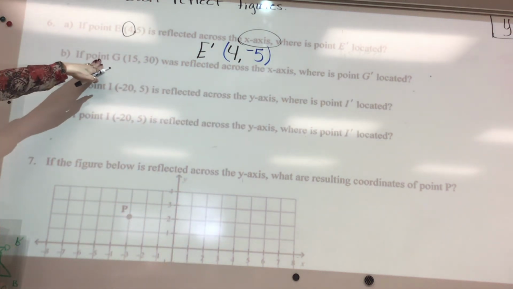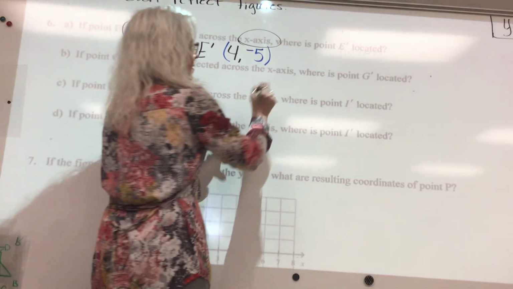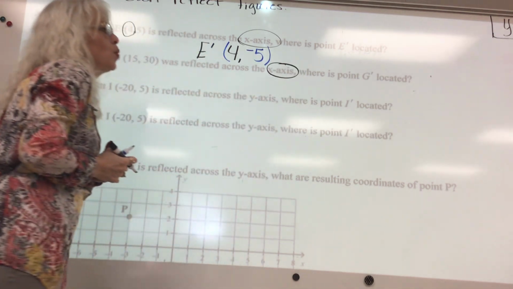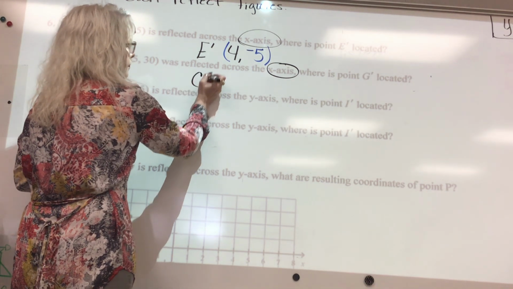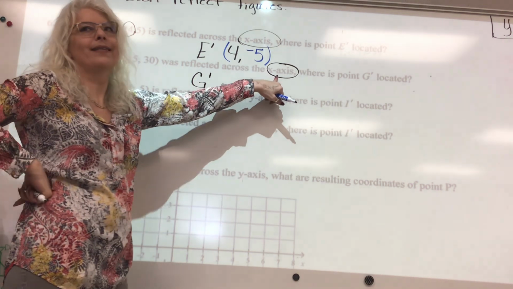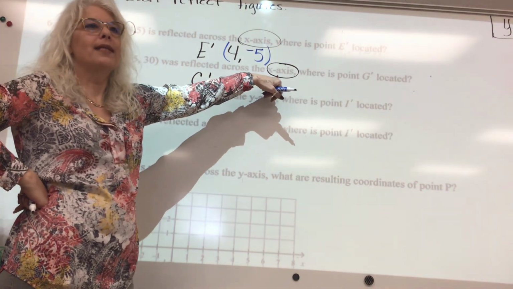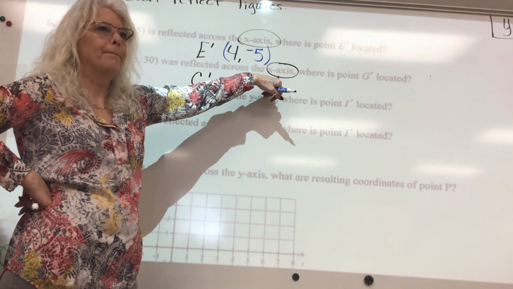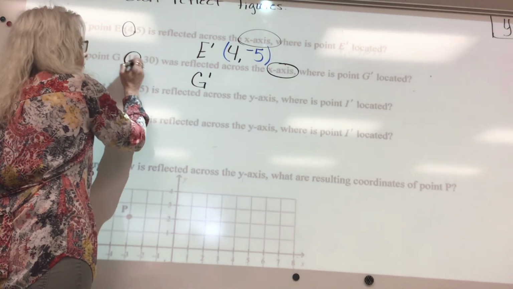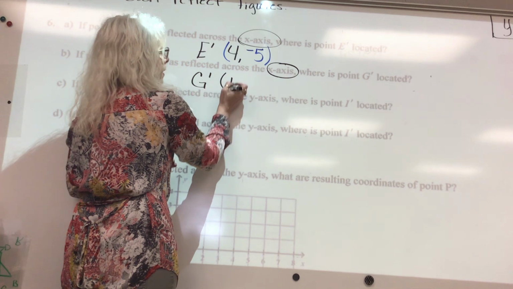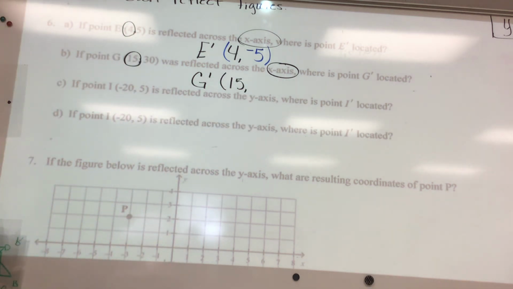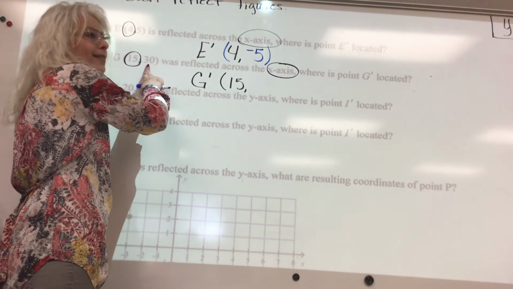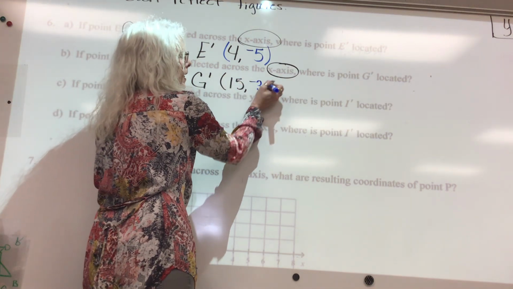Part B, if point G was reflected across the x-axis, circle x-axis, where is G prime located? So G prime, we're reflecting across the x-axis. Which number is going to stay the same, the x or the y? So circle the x number and write it down. So if it's reflected across the x-axis, how are we going to change the y? Opposite. So this is positive 30, so it's going to become negative